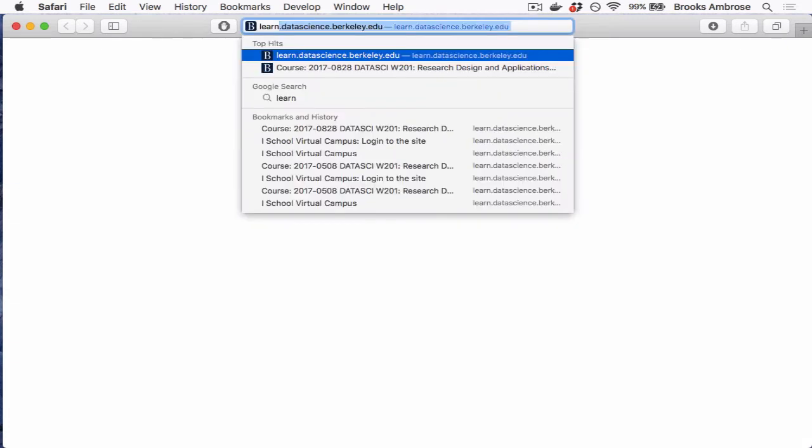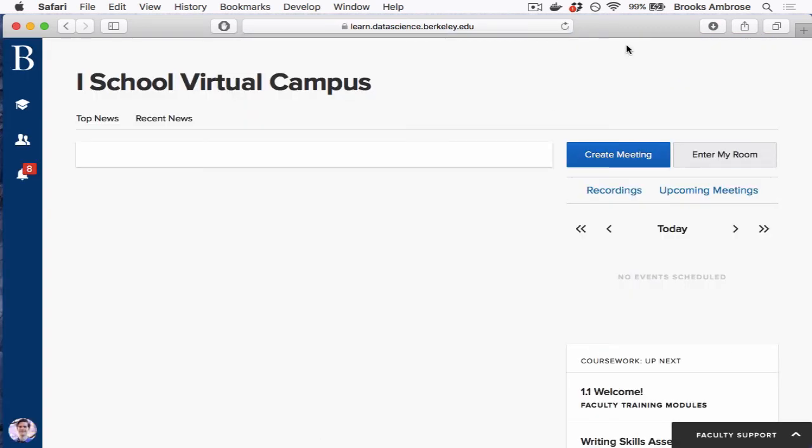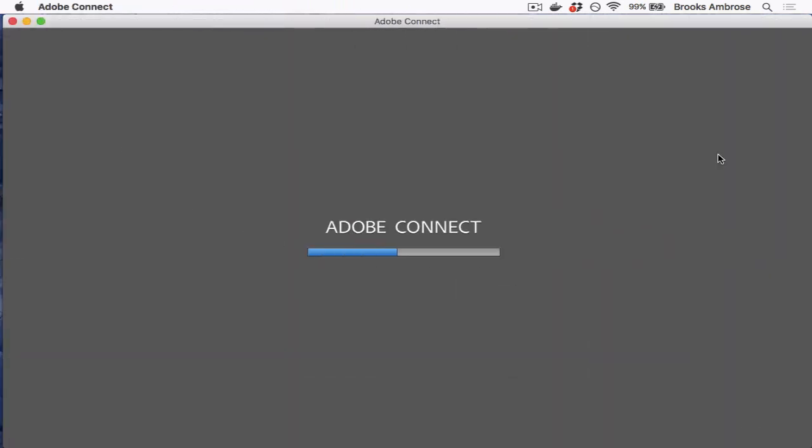So first thing, open a web browser and go to learn.datascience.berkeley.edu. Log in and open your meeting room. You will need to be able to use the Adobe Connect add-in. So if that's not currently working for you in your browser, please contact student support. So once your meeting room loads in the add-in,